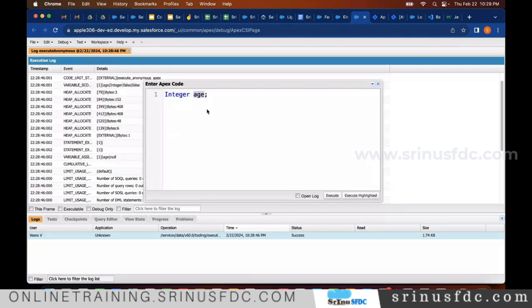Did we assign any value into that? No, right? If you allocate the memory but there is no value, by default the system holds null. Null means nothing is there. That's the meaning. It's like empty. Now, if you want to print and see what is the meaning of this,